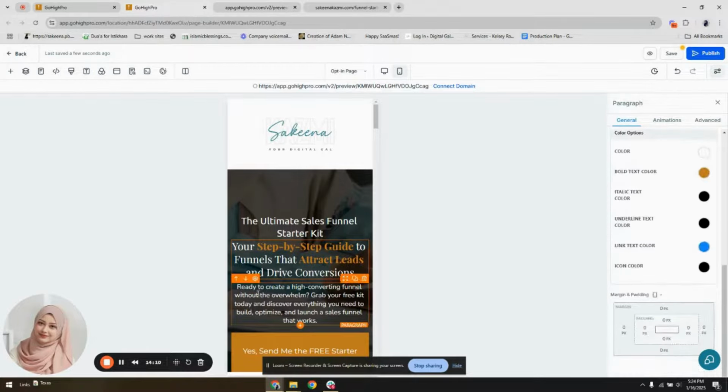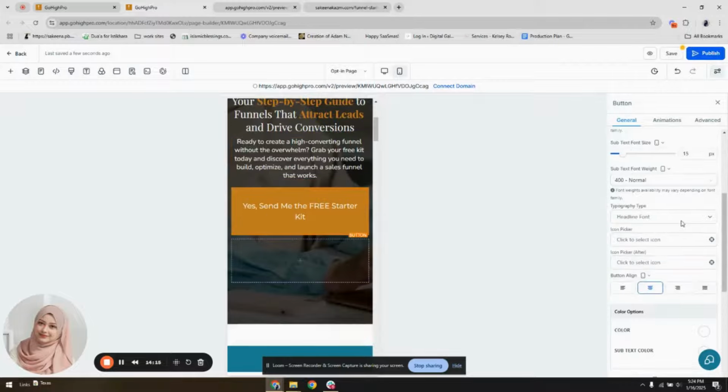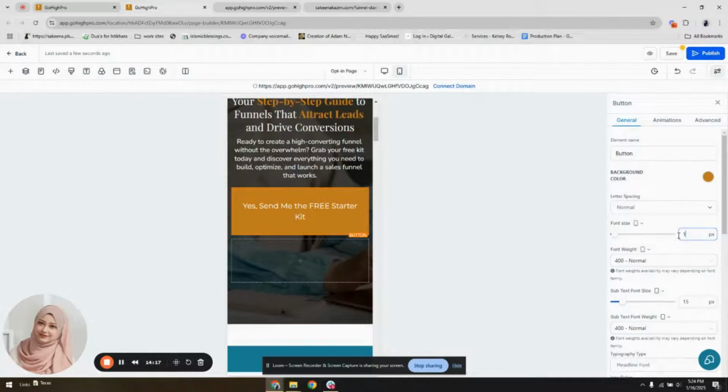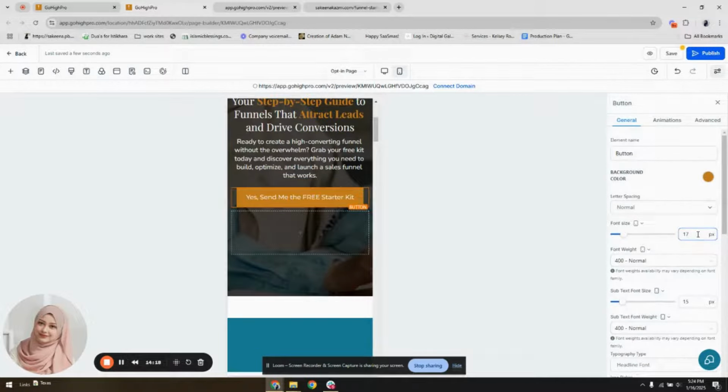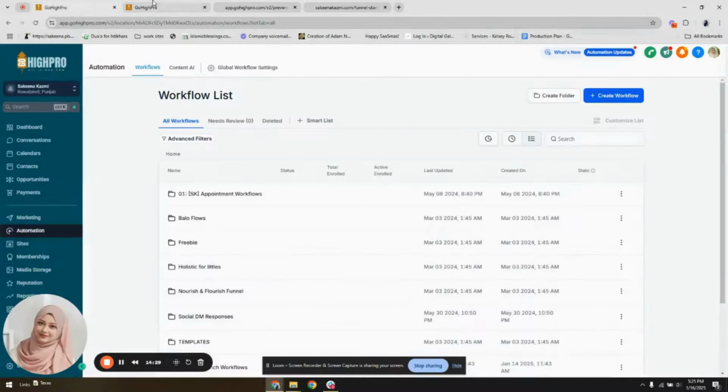Yeah, and the size, I think it's fine for this. The size should be 70 or 18. Yeah, save. So it's optimized because we have most audience on mobile. Now we are going to do the test. I'm going to preview,